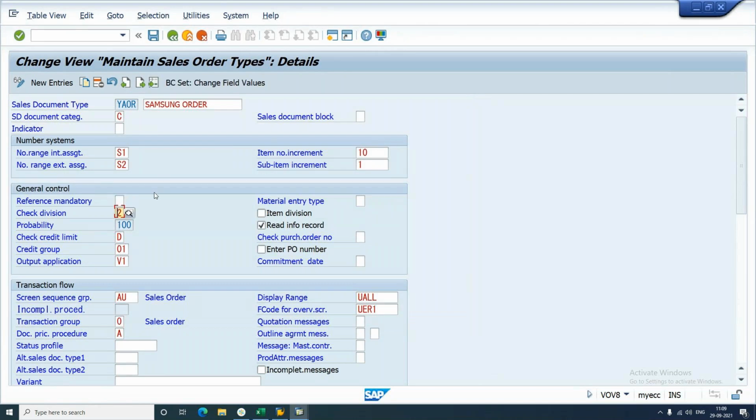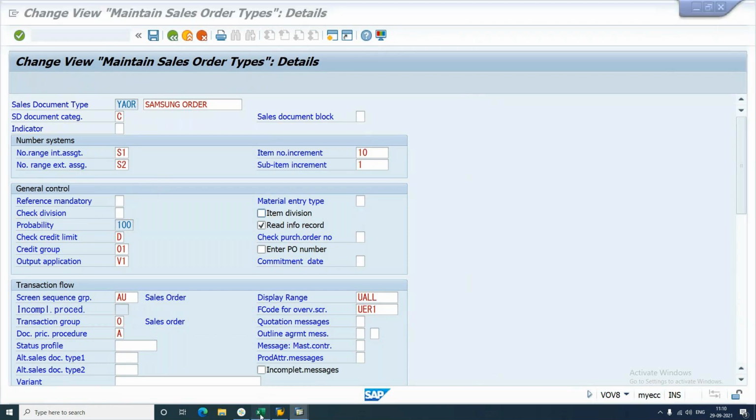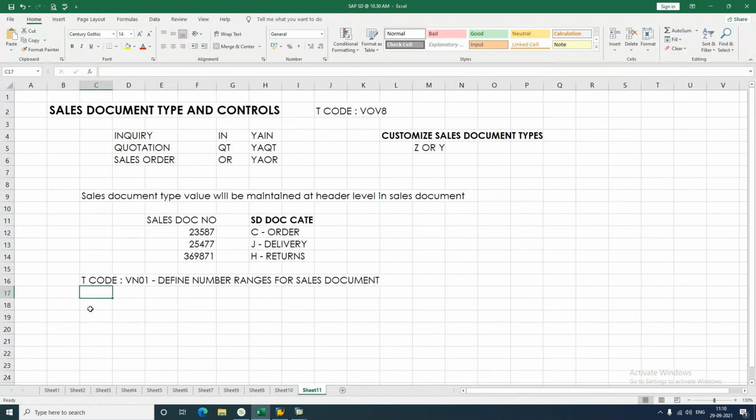Now, the next field we need to work out is check division and item division over here. These two fields, check division and item division, need to work together. Everything is going to be interdependent. Now, how are these two fields going to work? When we talk about item division, it basically compares the division